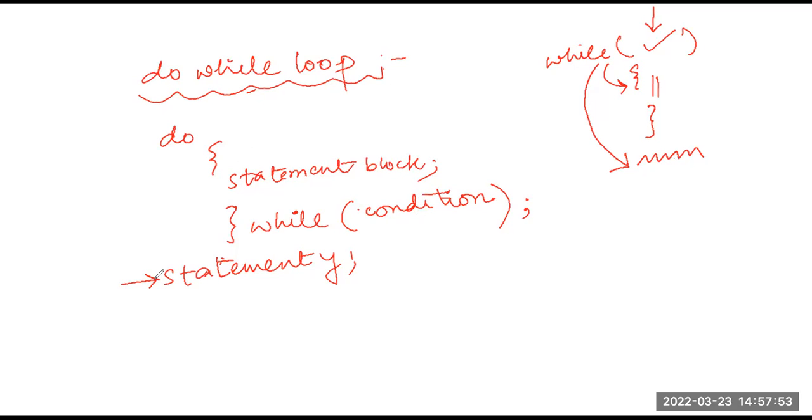That means it is similar to while loop, but the test condition is evaluated at the end of the loop. So the body of this loop gets executed at least once, है ना? Even if the condition is false, it is executed at least once. So entry to this loop is actually automatic. पहली बार execute कर ही लेगा वो, condition true हो या false हो उससे मतलब नहीं, पहली बार एग्जीक्यूट कर